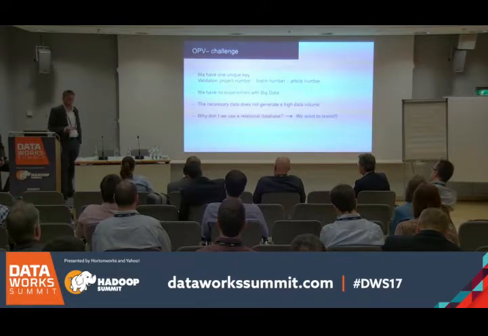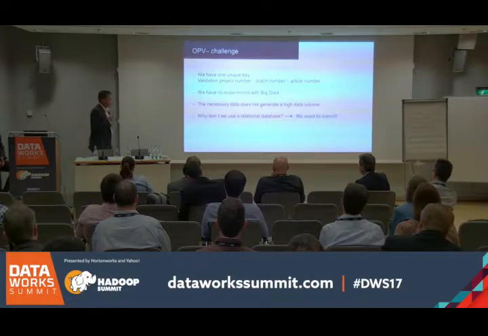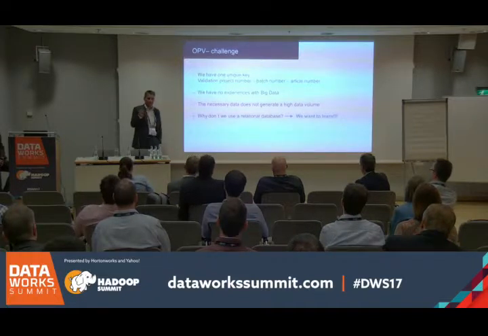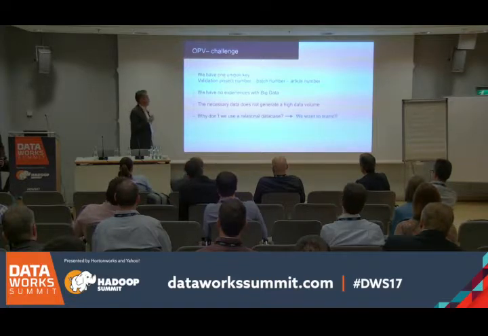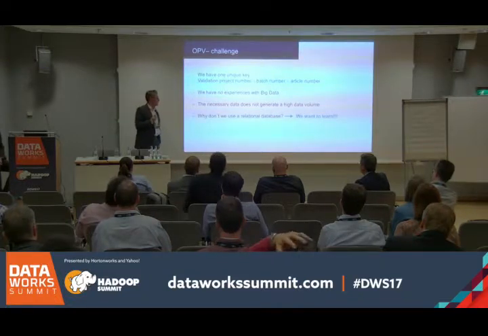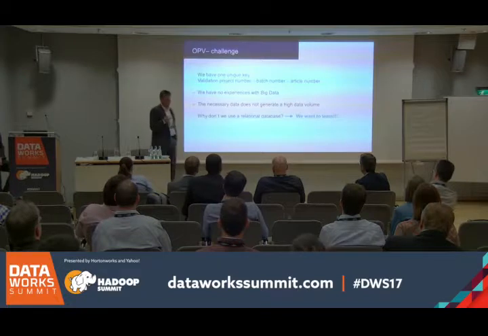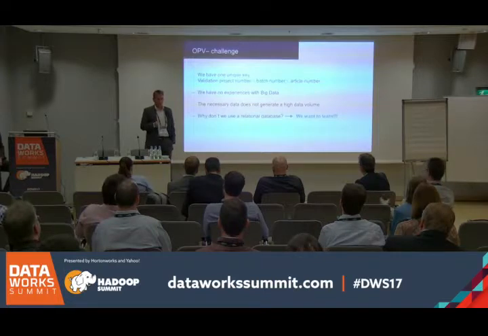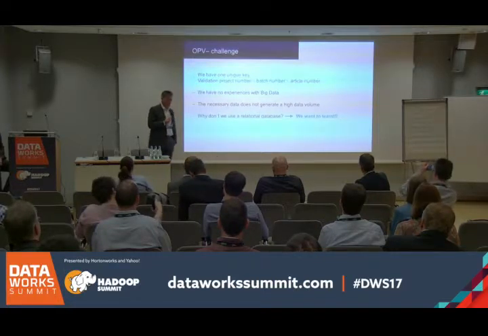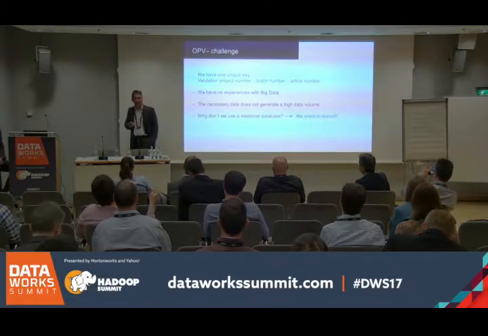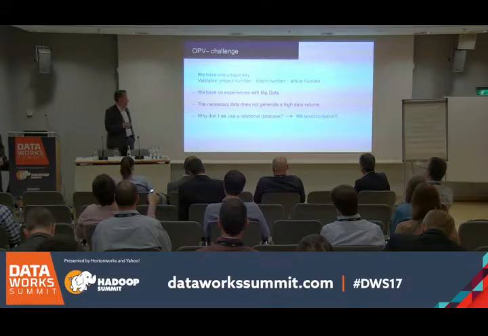Next point, we have only one unique key, and that's our special key we need. It's a validation project number, the batch number, and the article number. That's a unique ID we have there, because the batch number is a unique part of it. And I told you we are old school, we have no experience with big data. Also, this process is complex. We have more than 6 systems, but very little information inside. And also the volume, sorry, I'm German, we have no high data volumes for it.